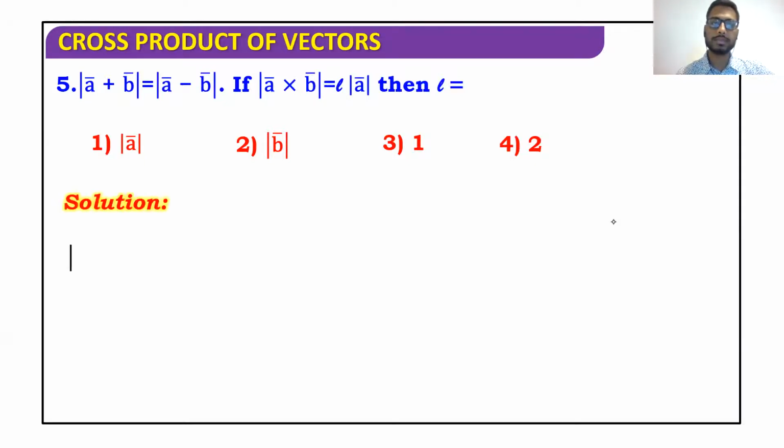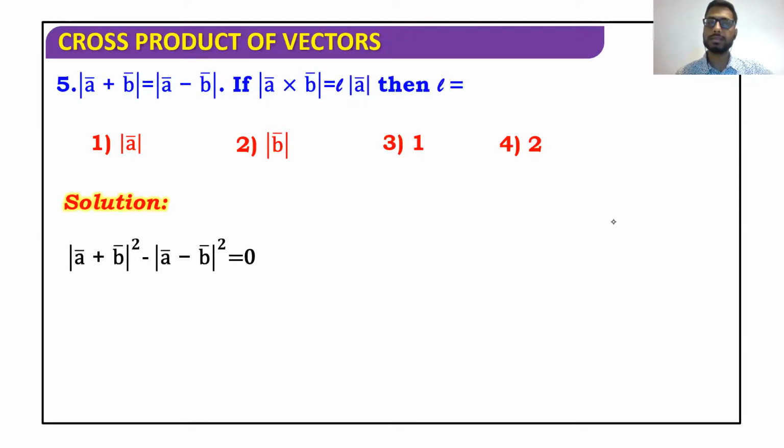Okay, so let's see the solution for this one. As I said earlier, whenever you are going to get conjugate terms, any relation is given, or it is given that they are equal, or it is given that they are scalar multiples of each other, go for squaring on both sides. Because when you square on both sides, all the common terms will cancel out and you will get the value of a dot b. Therefore, we are going to square on both sides.